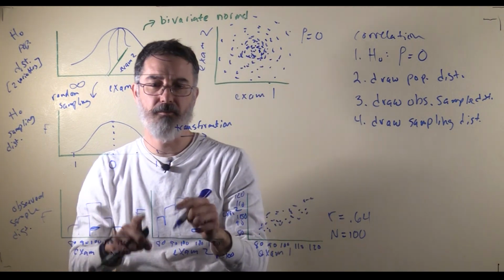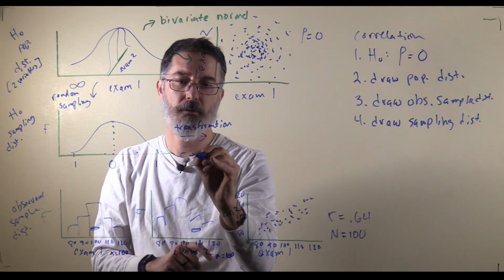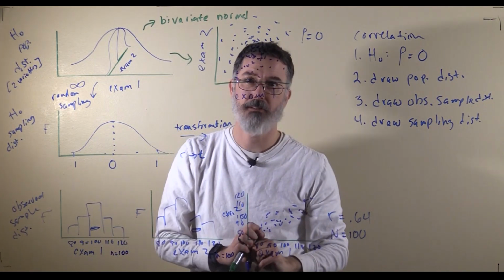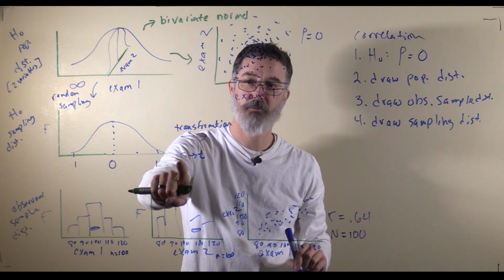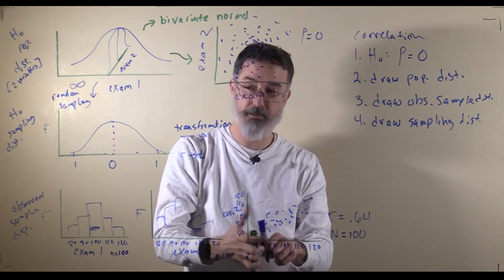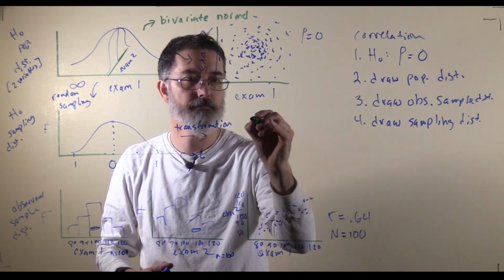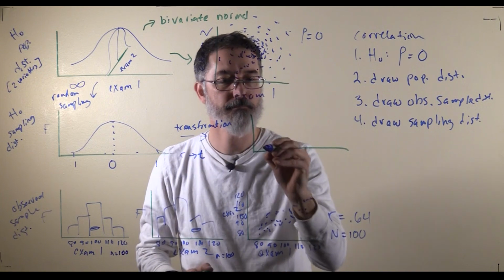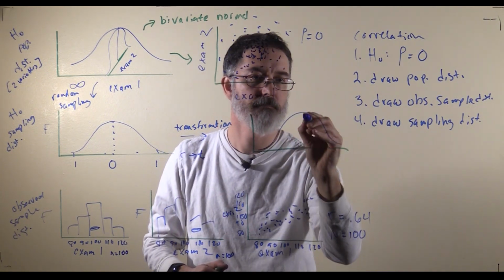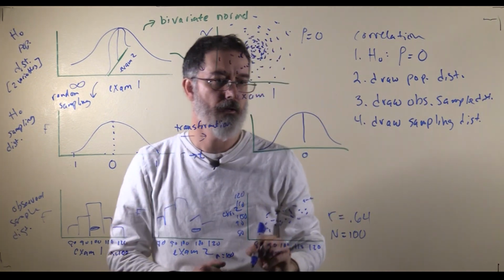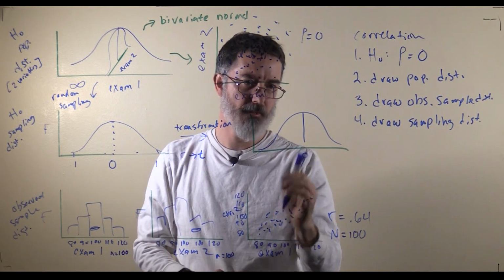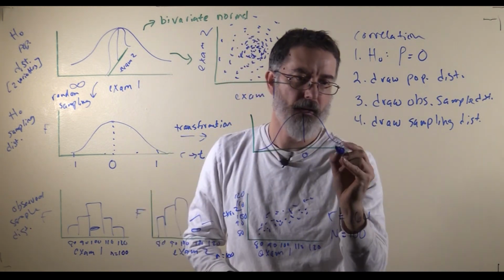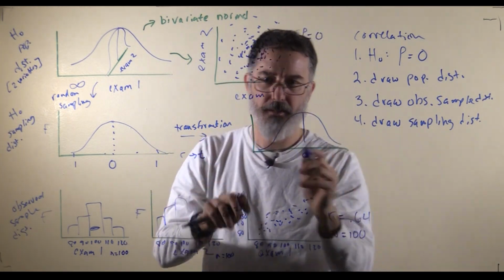Well, now we're going to transform r scores into t-scores. R statistics, correlation coefficients, into t-statistics. And remember, a t-distribution has a mean of 0, right? And now that we have a familiar t-distribution,